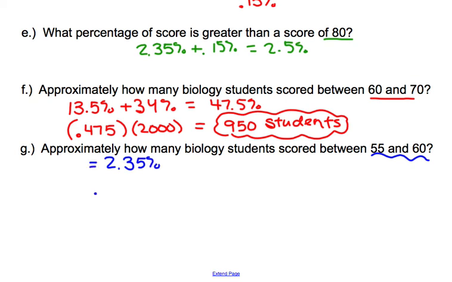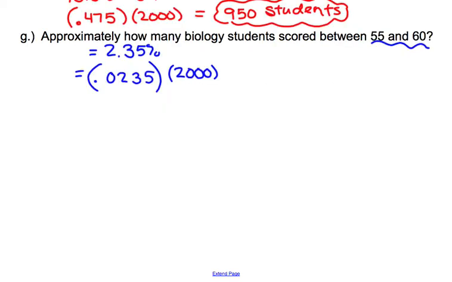So move it 2 places to the left. And then multiply it by how many students are in our group. There was 2,000 biology students. When we multiply that, we get 47 students scored in between a 55